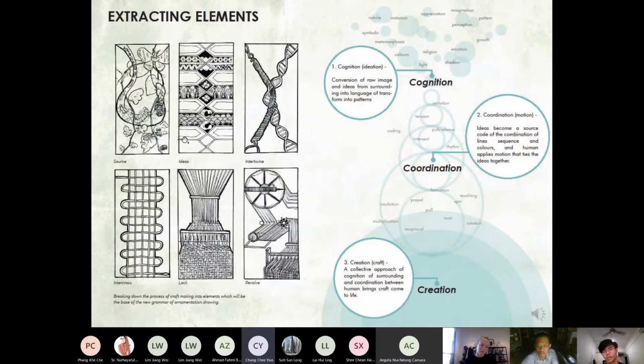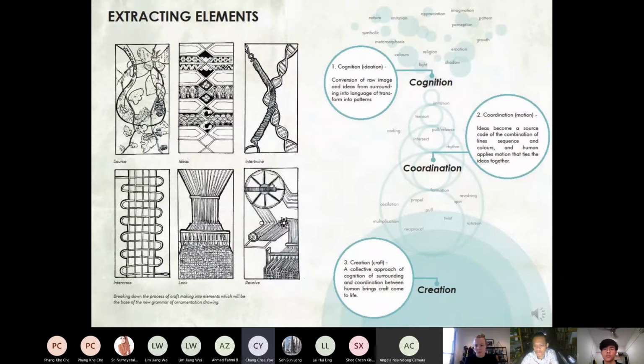And then I also form one of the philosophies that builds up my whole process later on, which is cognition, coordination, and also creation. This is a summarization of the craft process. Cognition means we are always inspired by our surroundings, so we recognize what the changes in our surroundings are and then record them in a form of ideas.